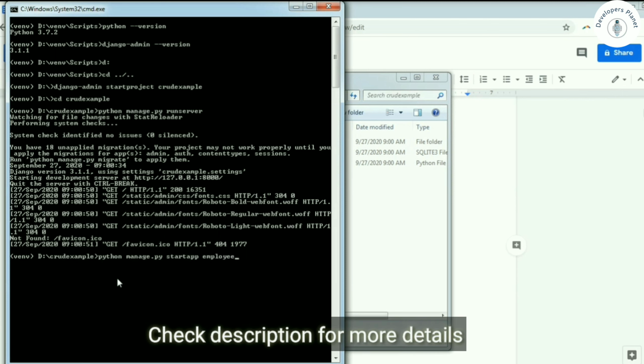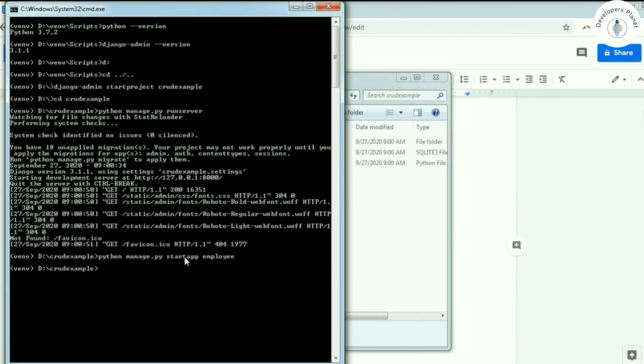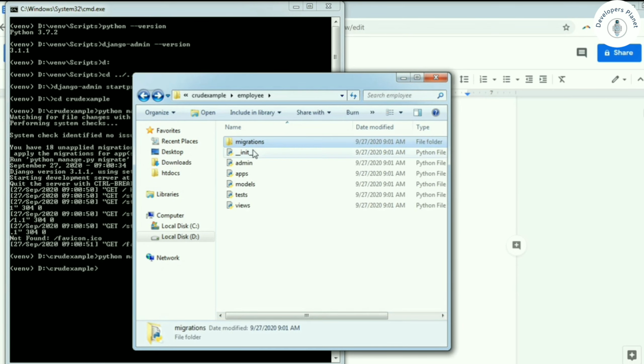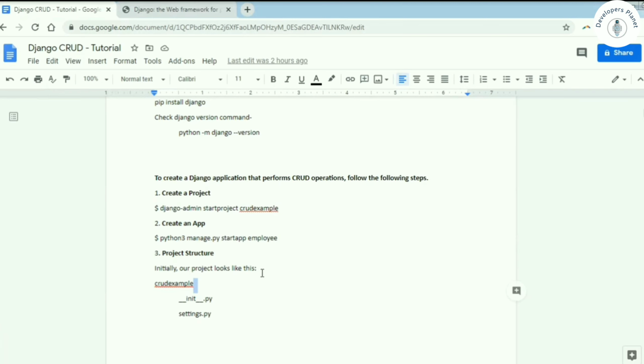We are going to give the name employee. Hit enter. The employee app has been created. Here it is. It gives by default a migrations folder and these files: admin, apps, models, tests, and views files.